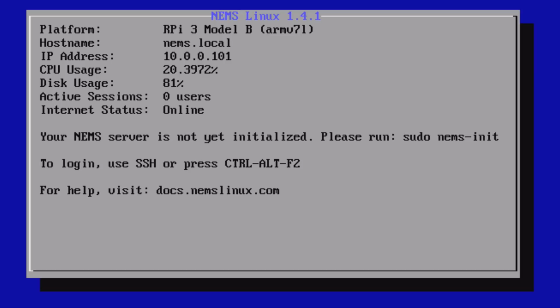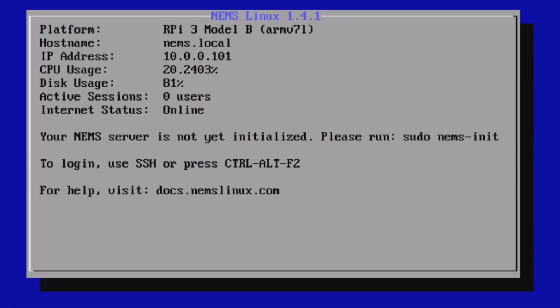When I mentioned the Raspberry Pi Zero, you see the instruction there to log in, use SSH or press Control-Alt-F2. So on a Raspberry Pi Zero, you press Control-Alt-F2 with a connected USB keyboard, and then you type raspi-config and you set up your Wi-Fi, then do a reboot, and then everything will be up and going and ready to go. So it looks like everything's ready for us now, and I'm going to bring up my computer screen